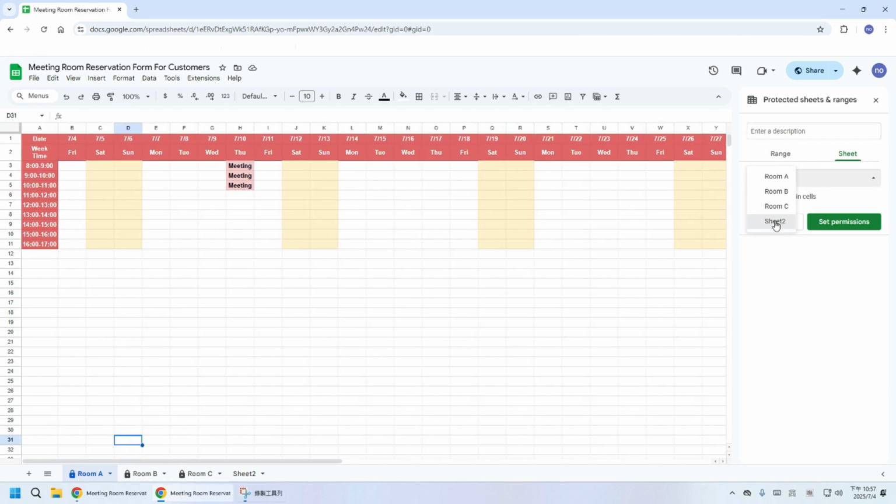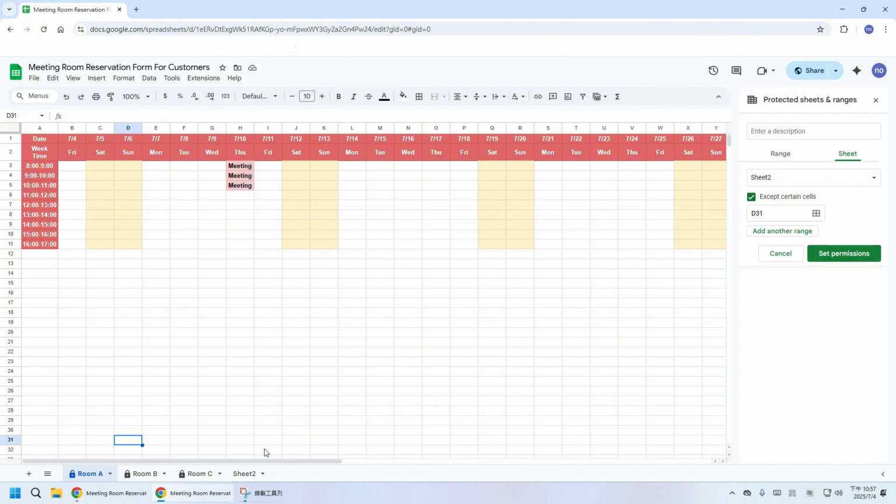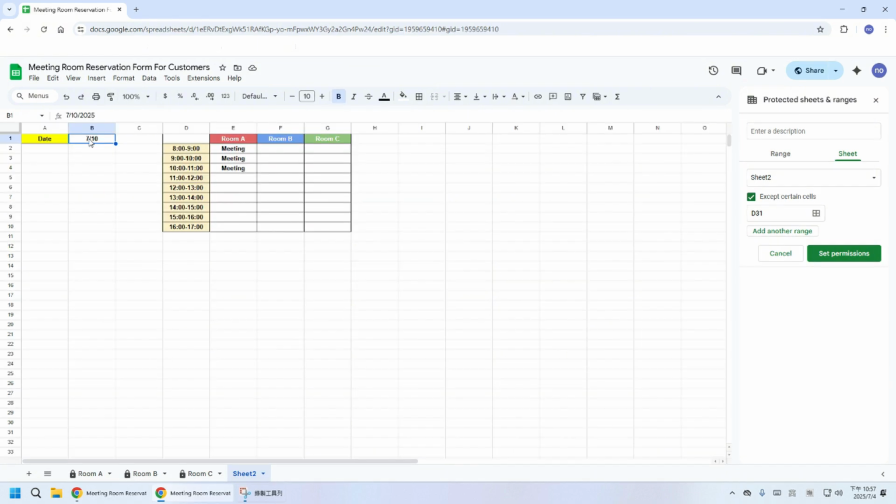Finally, Sheet2 should also be set. But there is one cell that is the only exception. B1 is the only cell that can be edited by the customers. So we type B1 here.